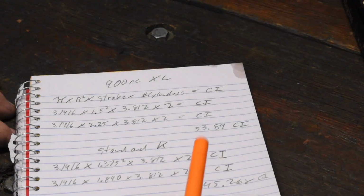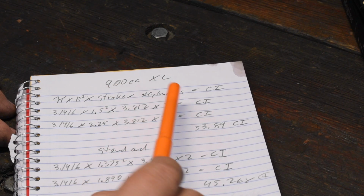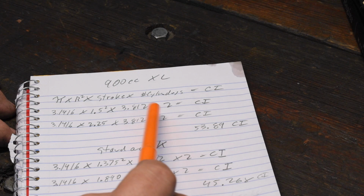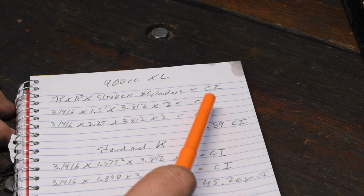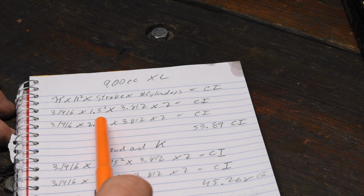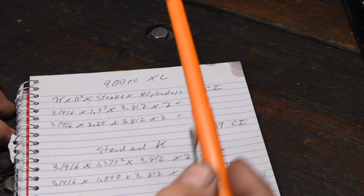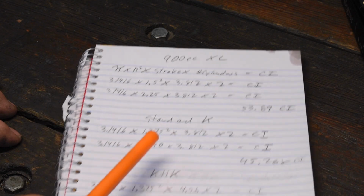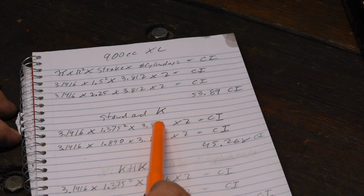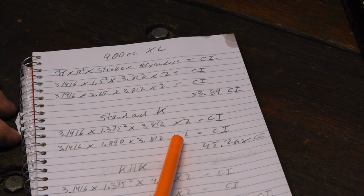Okay, I did a little ciphering just kind of as a point of reference. Your standard Sportster 900cc has a 3-inch bore. So, of course, the displacement is pi times the radius squared times the stroke times the number of cylinders. So you do the math on it, and pi, radius squared, stroke, number of cylinders comes out to 53.89, 54 cubic inches commonly called. You go to the standard K model, the bore is 2 3/4. So pi times the radius squared, which is half the bore, times the stroke, 3.812 times 2